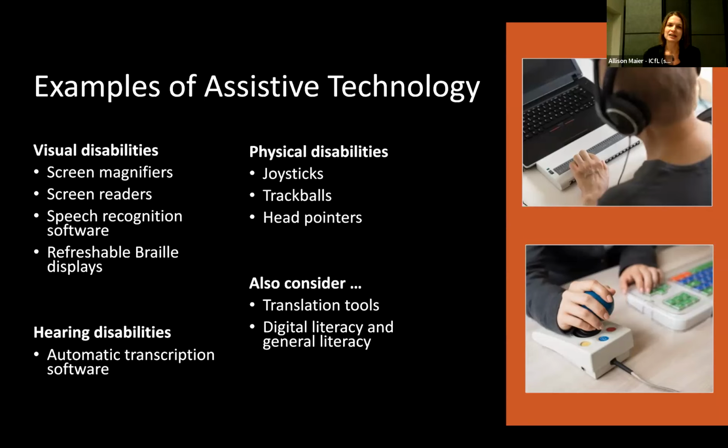The intent in listing all of them is not that you have to be an expert in all of them, although we'll share a link to the article that kind of generated some of this list, so that if you're interested in learning more about these individual technologies, you definitely can. But mostly I'm listing them to give you an idea of the various ways that people are likely to be interacting with your online content, and why it's important to consider these different avenues through which people are interacting with